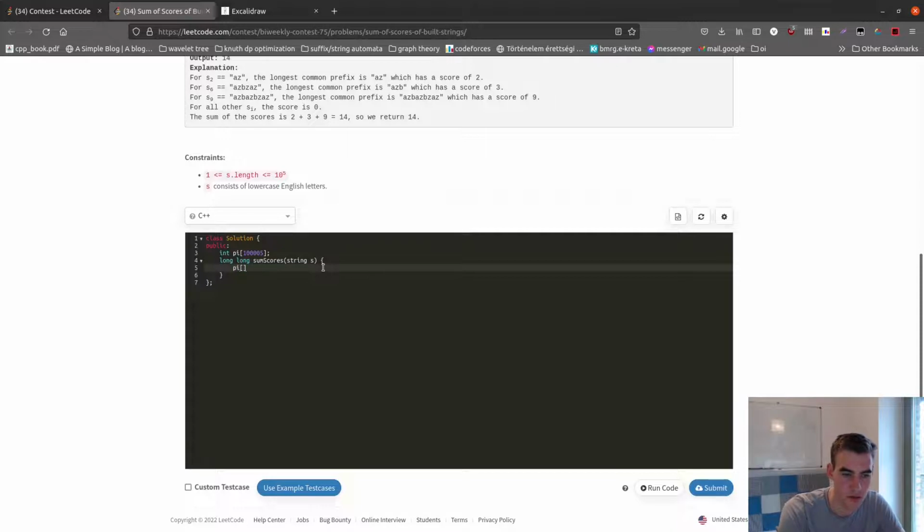So pi of, okay, let's first do int n equals s size. Pi of 0 equals n. Then for int i equals 1, i smaller than n plus i. Let's do